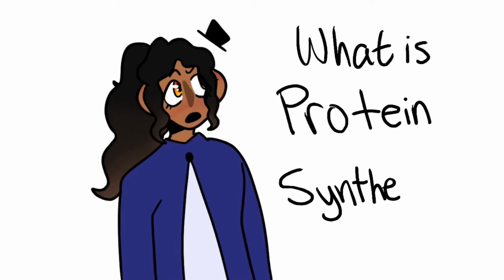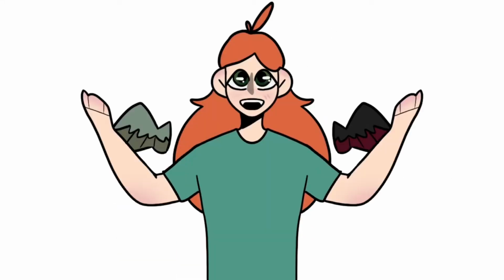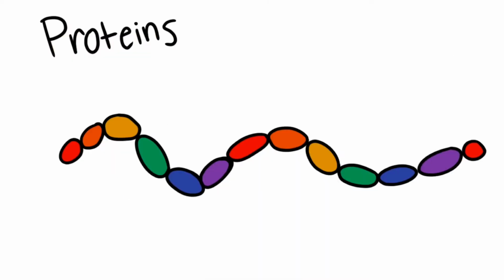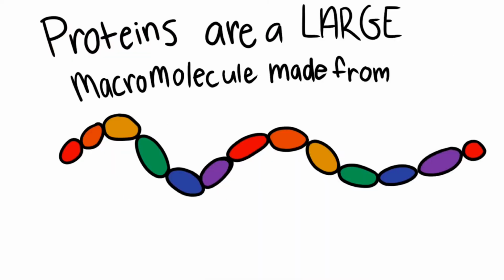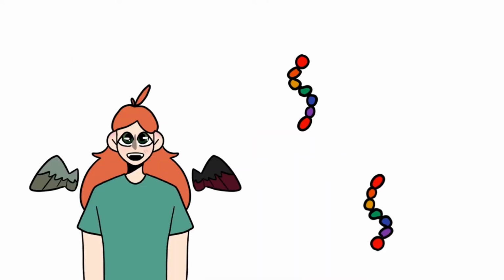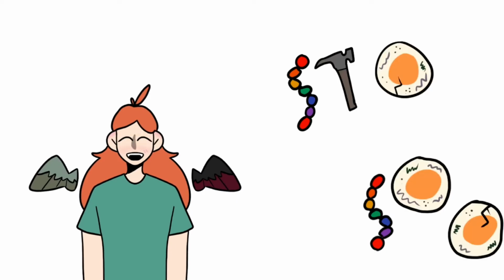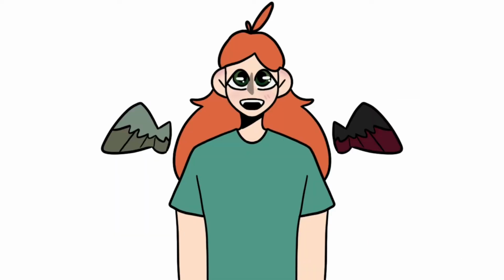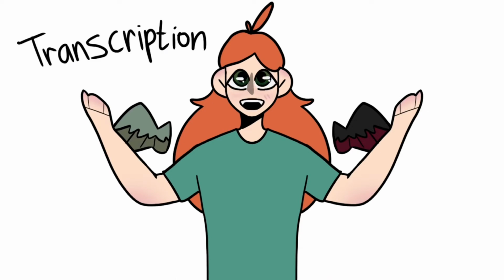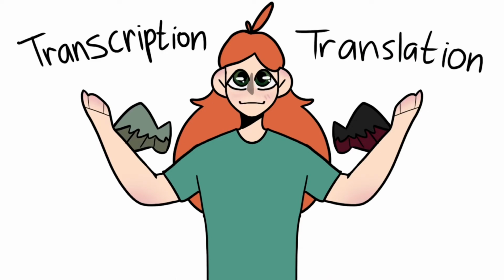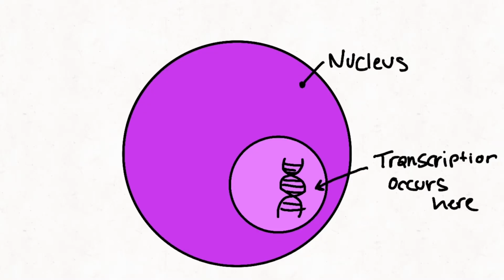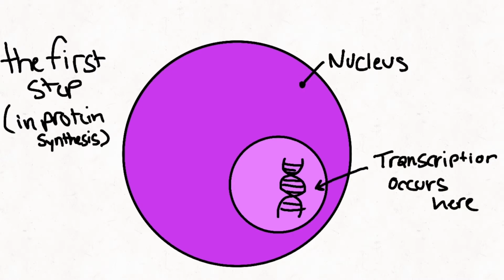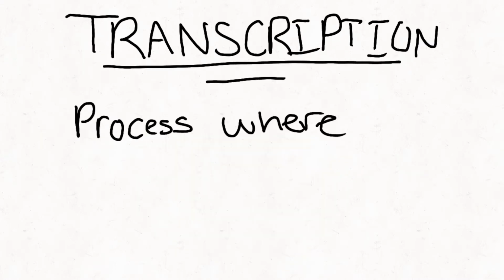What is protein synthesis? Protein synthesis is the process in which cells make proteins. Proteins are a large macromolecule made from long amino acid chains. We need proteins in order to repair or replace cells. In protein synthesis, there are two major steps responsible: transcription and translation. Starting in the nucleus, transcription is the first step in protein synthesis, which is the process where information is copied